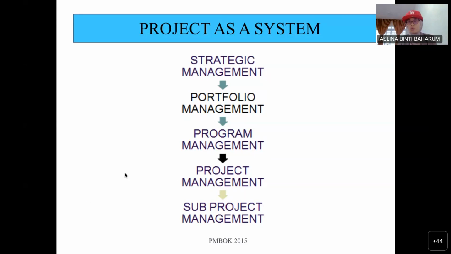And then there is the portfolio. Portfolio means, as chief technology officer, CTO, who is holding that portfolio. Okay, if finance, CFO, chief financial officer. If marketing, chief marketing officer, who holds the portfolio that needs to manage the system. And then program management. A program can be a faculty or department. In an organization we have departments,